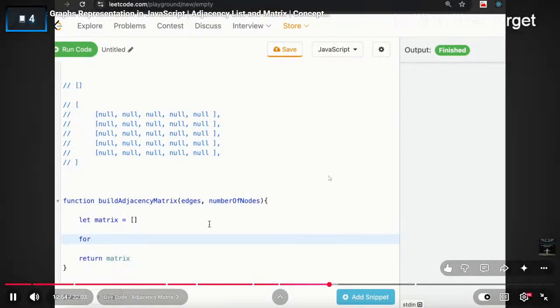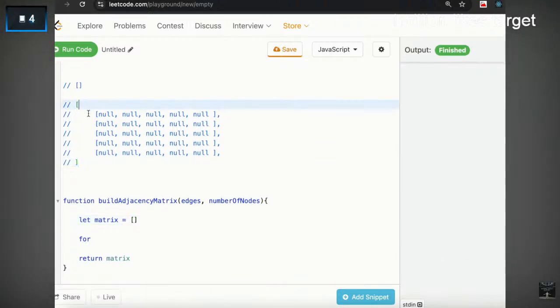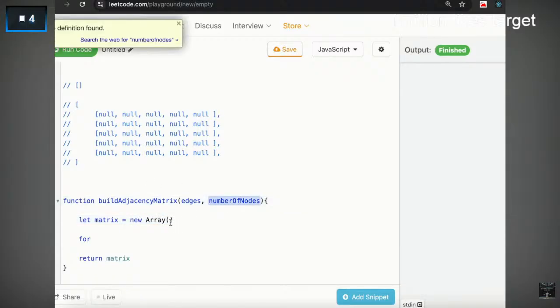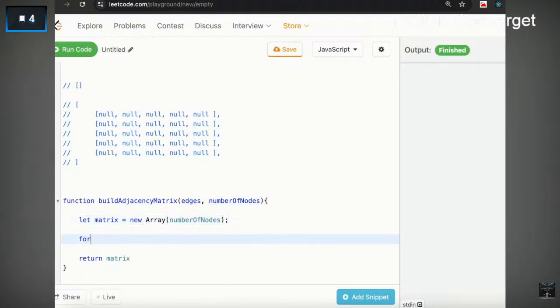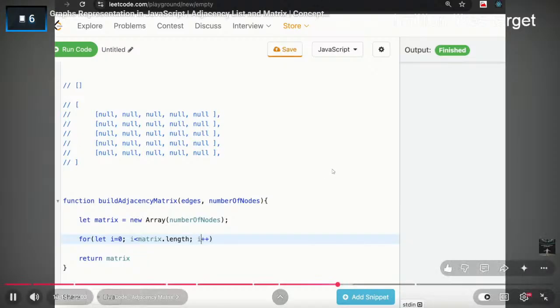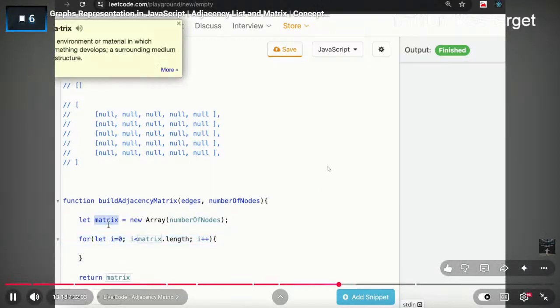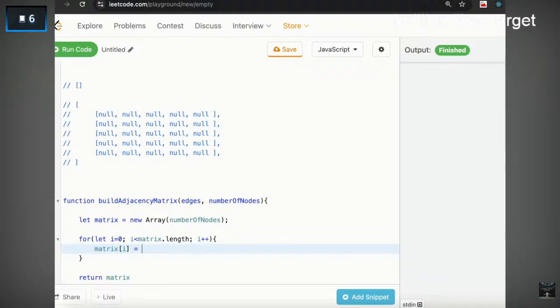बेसिकली ये matrix भी तो पहले हमें बनाना पड़ेगा 5 size का, राइट। तो ये तो बस एक empty array है, तो हमें 5 size का array बनाना है। तो एक single array बना लो of length number of nodes। तो ये मेरा 1D array बन गया। अब मैं जाऊंगा इस 1D array के हर एक element को iterate करूंगा, ठीक है, matrix.length, ओके, i++। अब हमें क्या करना है कि इस matrix के हर एक element में क्या होगा, एक नया array होगा, राइट। तो एक नया array बनाओ और जैसा हमें पता है कि इसमें भी उतने ही entries होंगे जितने number of nodes हैं। तो ये मेरा almost तैयार है।